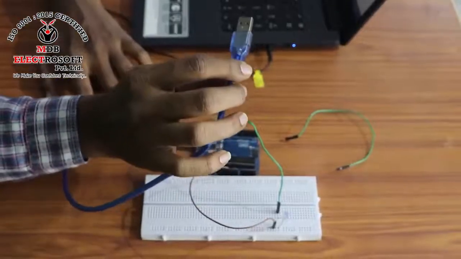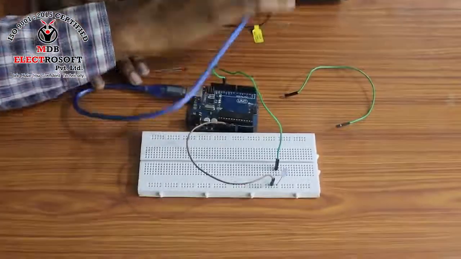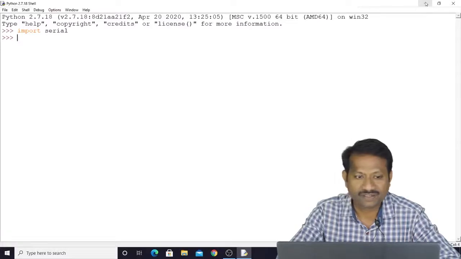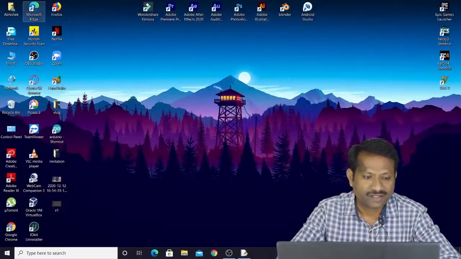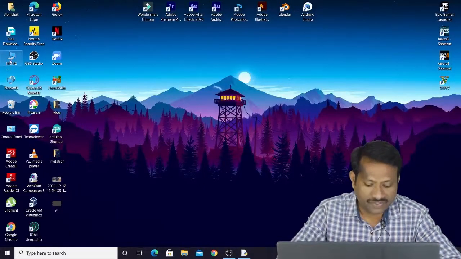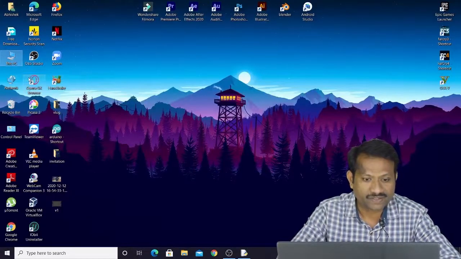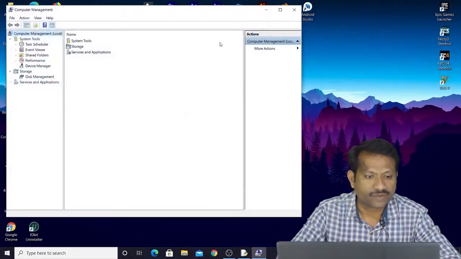Let me connect this USB cord to my laptop, but before connecting that I would like to show you something. Go to PC, right click, go to manage. This window will open.